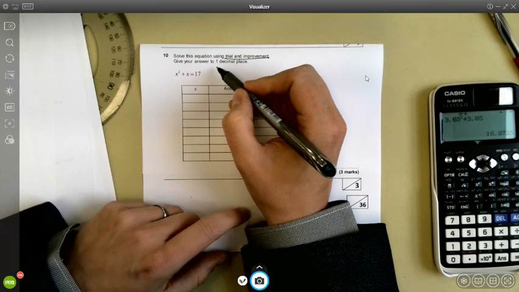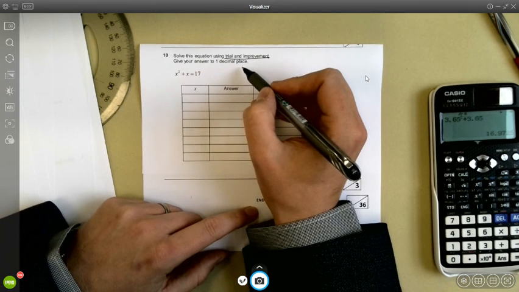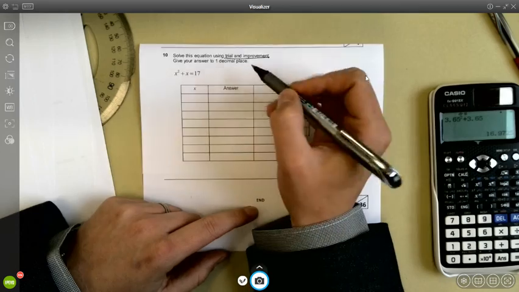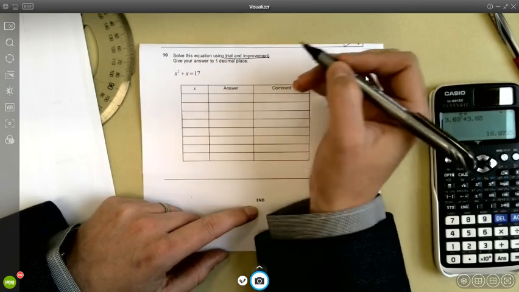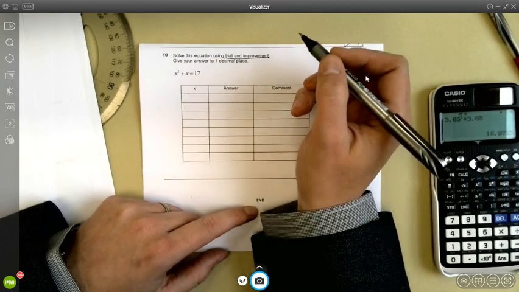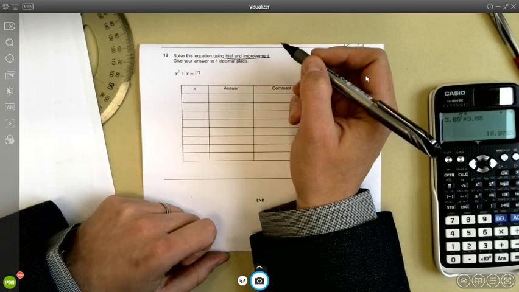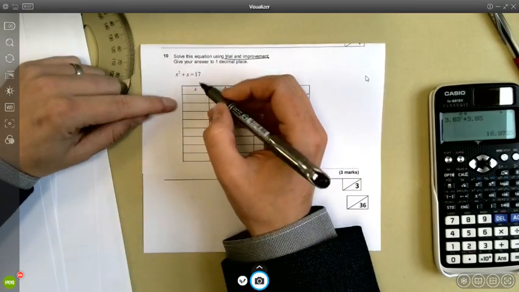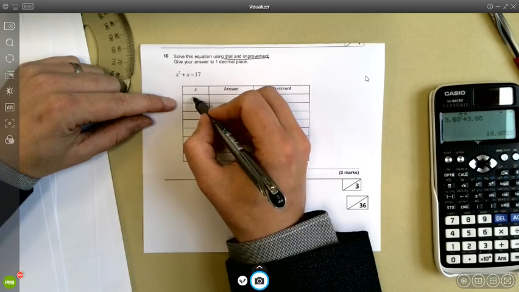Now we're going to give our answer to one decimal place. So we're going to be expecting x to be 4.5, 4.6, 3.8, 2.9, something like that. You don't need to keep going more and more detailed each time. So first up, let's try something. So if we put in x as 3,